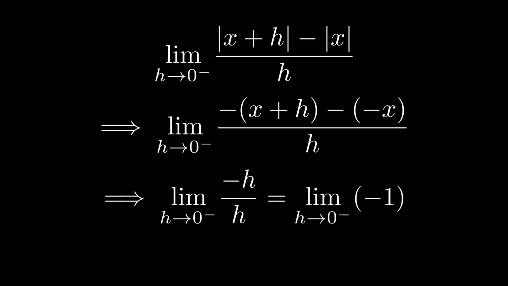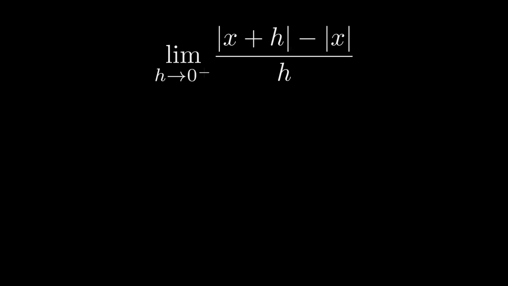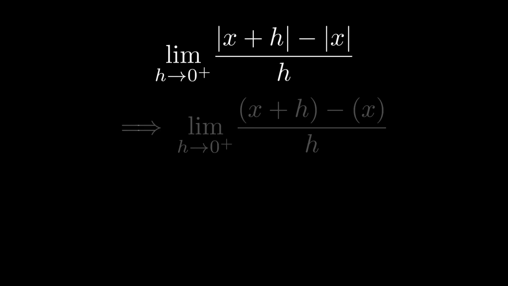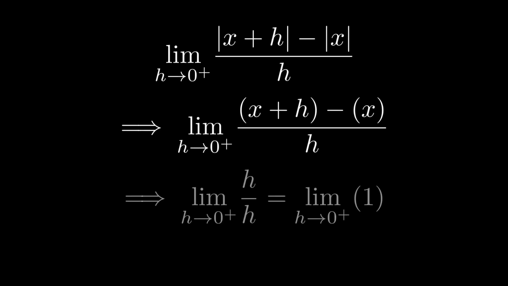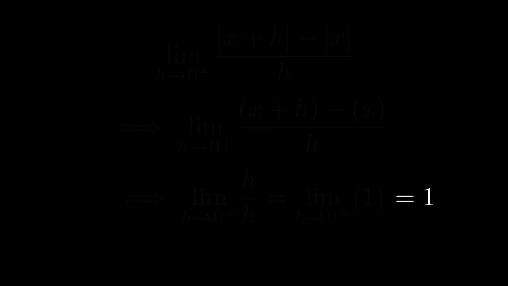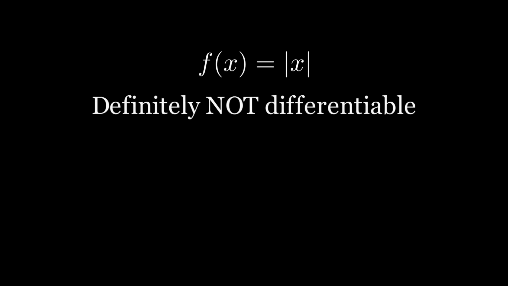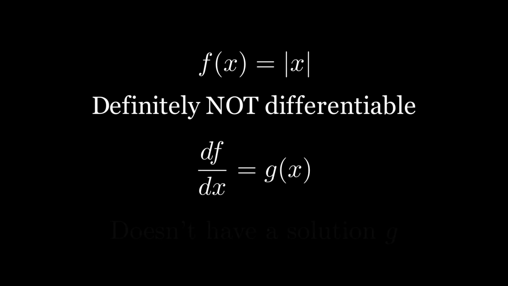we get that it's equal to -1. And if we do the same thing from the positive side, then we get that it's equal to +1. See? The left and right hand limits don't agree, so we can be absolutely certain that it isn't differentiable. Since we agree that mod x is certainly not differentiable, then this differential equation here certainly doesn't have a solution